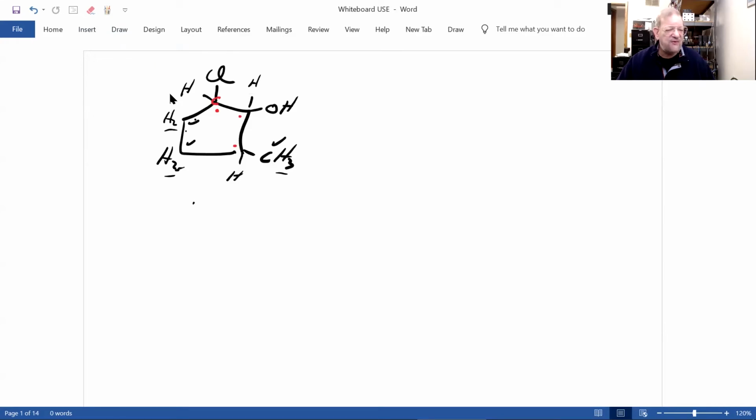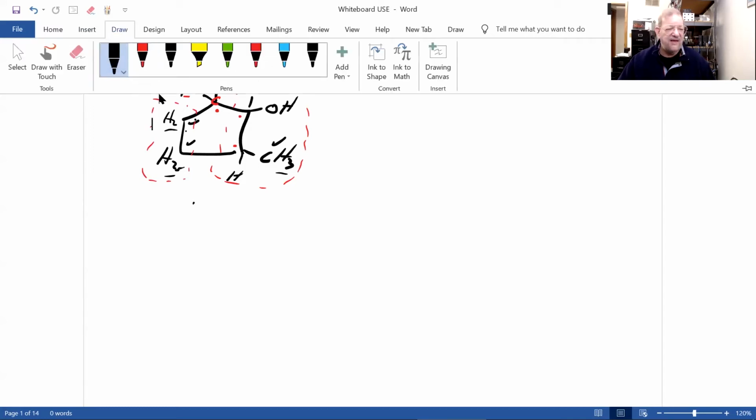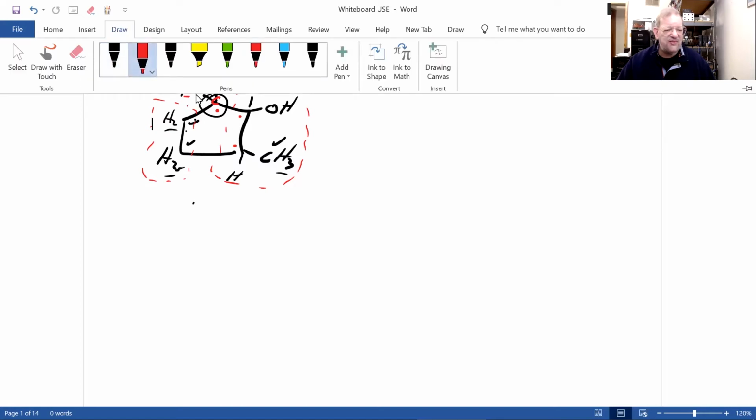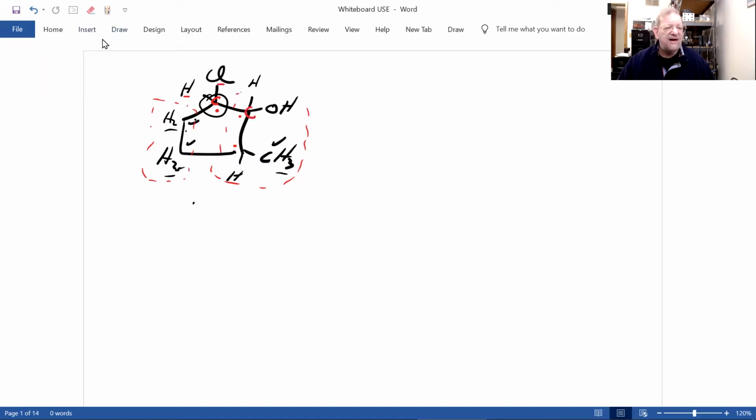And if you look at this one right here, it's got a hydrogen, chlorine, this part of the ring, and this part of the ring, which are different. So it has 4 different groups, and therefore I'm going to circle it because that's chiral. And if you look at the next carbon next to it, this one, the same thing. It's got a hydrogen, hydroxyl group, and